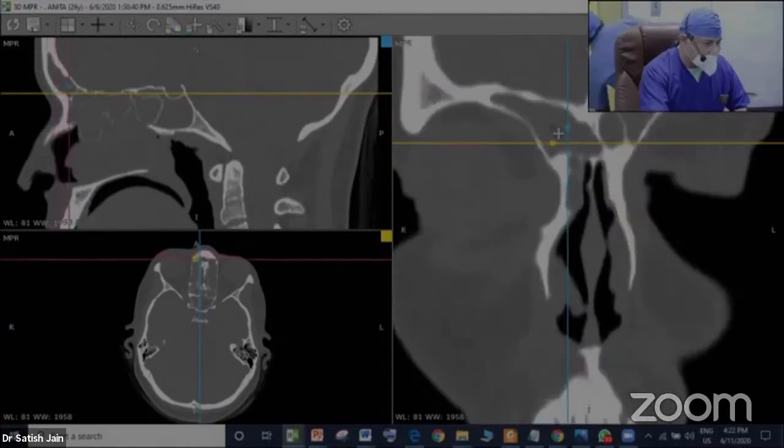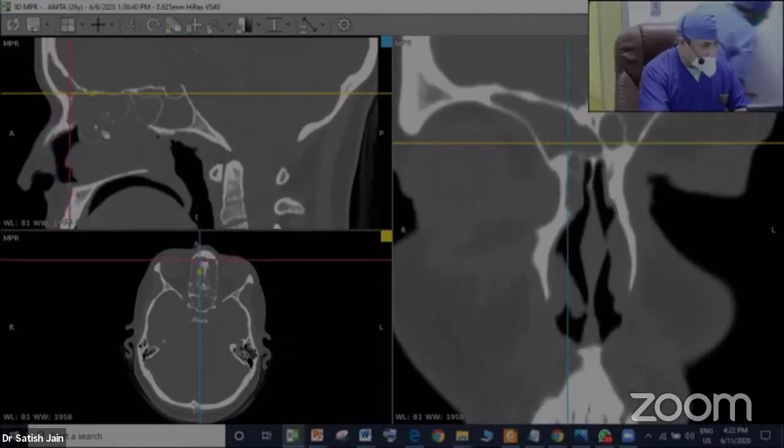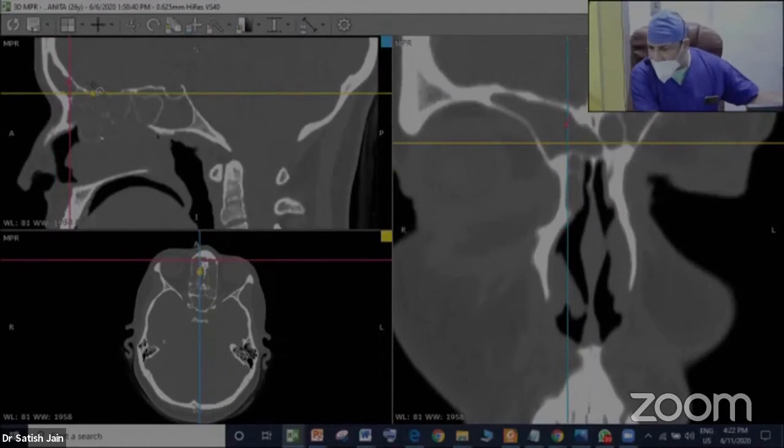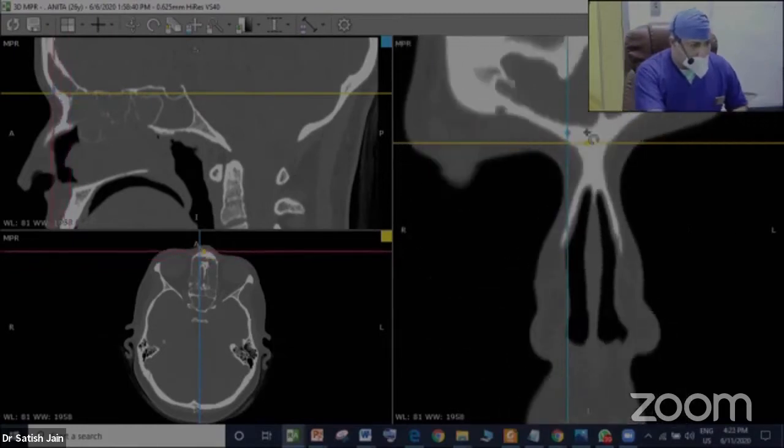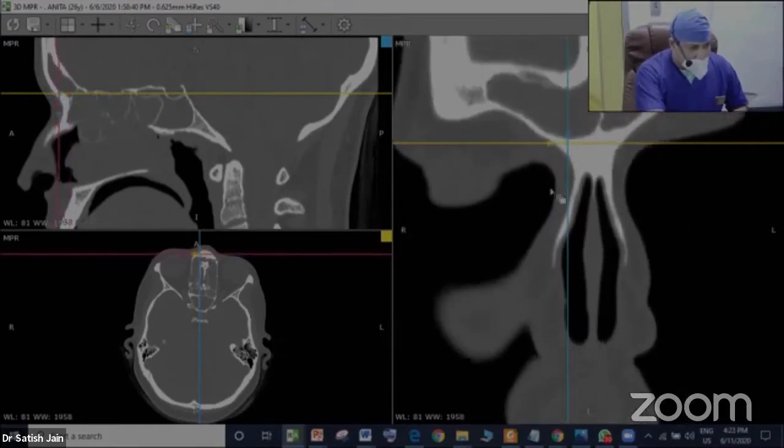Like in this patient, once we see, the frontal sinus is best seen on the sagittal plane. And you can see each and every cell which is forming the path of blockage to the frontal outflow. So we should be able to know each and every cell. So from here, if I go behind, this beak forms the floor of the frontal sinus.